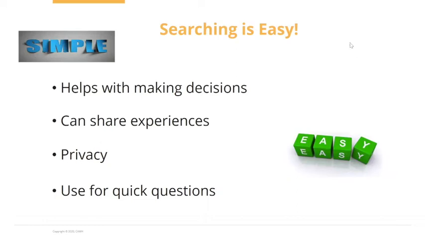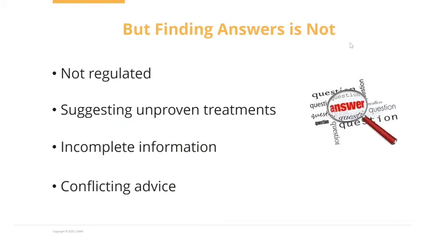The searching is easy, but sometimes finding answers is not so easy. The reason is that the information on the web, as we all know, is not regulated. Unlike a new drug in Canada, which has to go through a strict approval process through Health Canada, you can put any type of information up on the web. As a result, what may happen is that often there may be information that suggests an unproven treatment might be the perfect solution